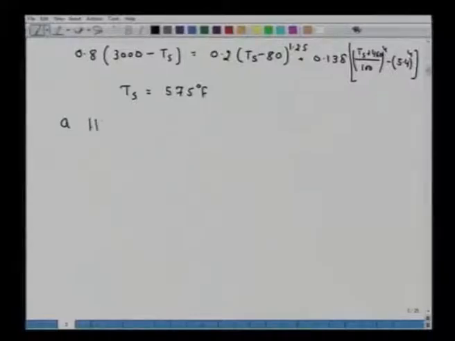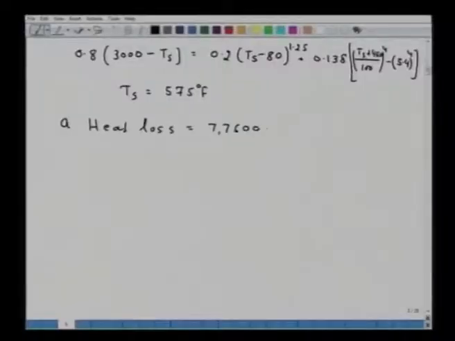So, now we can calculate heat loss. The heat loss, that is simply by conduction, that is 3000 and so on. So, this heat loss will be equal to 776 BTU per hour through a 400 square feet wall. Now, we can calculate the fuel oil consumption, and that will give you a feel, which I said in my introductory remark, that heat loss directly corresponds to the fuel oil consumption.